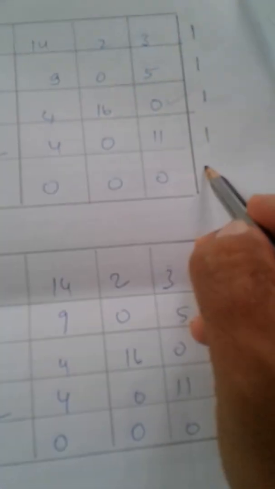Okay, next we have to count the total number of zeros in each of the rows as well as in columns. Okay, so how to do that? In the first row the total number of zeros is 1, second row total number of zeros is 1, third row it is equal to 1, fourth row also we have 1 zero, and in the fifth row there are 5 zeros, so I can mark it as 5.